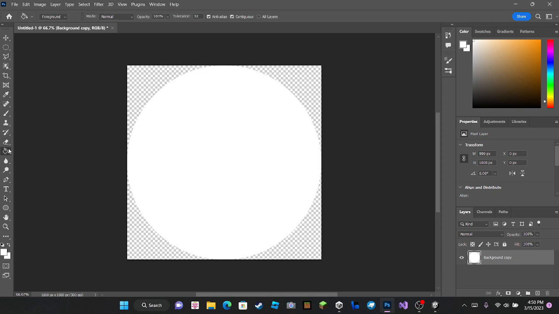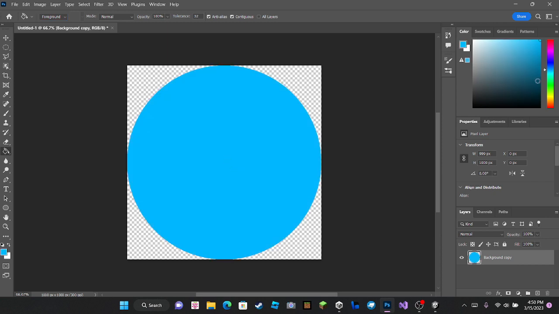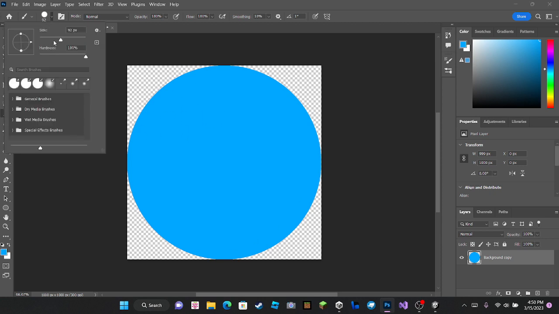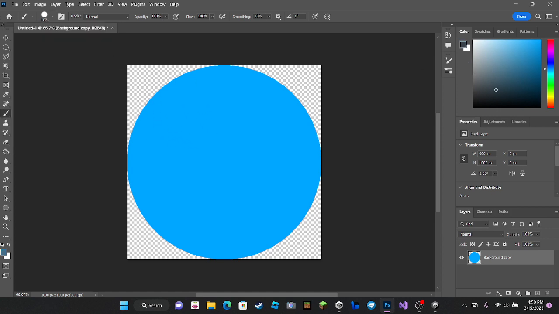We can turn it into a paint bucket. I guess that's also good. And then we just choose a color, I guess. You know, that's pretty good. Let's make it a bit darker. That's good. And now for the actual texture, I'll get the biggest brush, or kind of big, and just choose